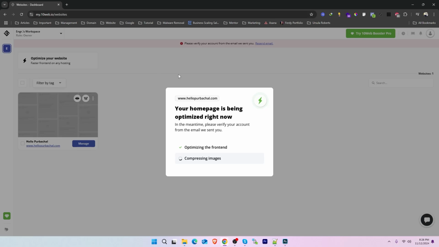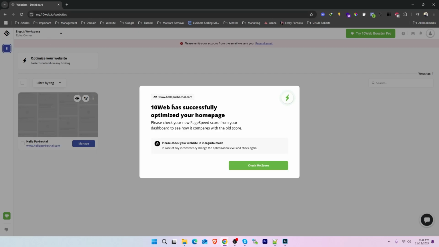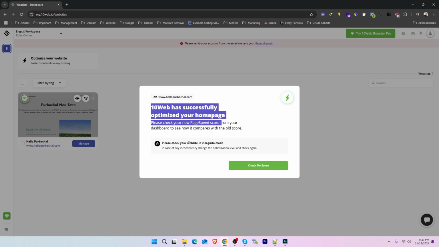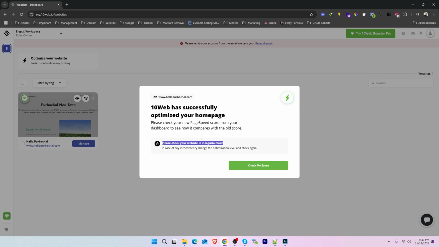You don't have to do anything. Just wait. Within a few seconds, your website will be optimized automatically. If it's a big website, then it can take more time. Otherwise, it will take just a few seconds. Whenever you see that 10Web has successfully optimized your home page, then you have to check your website in incognito